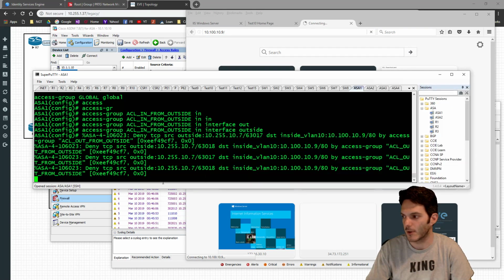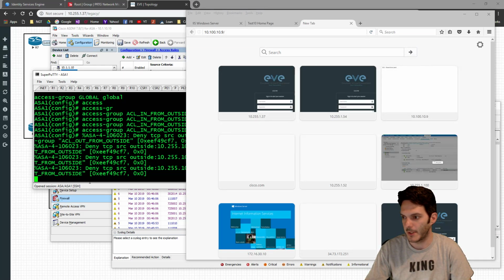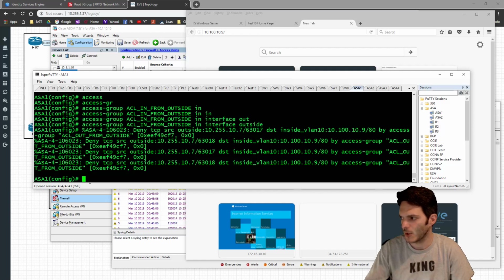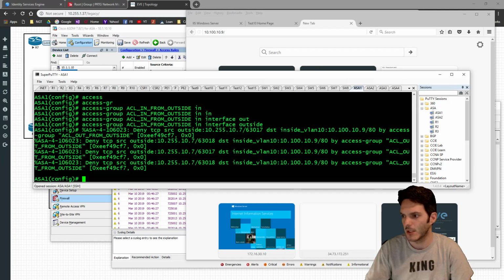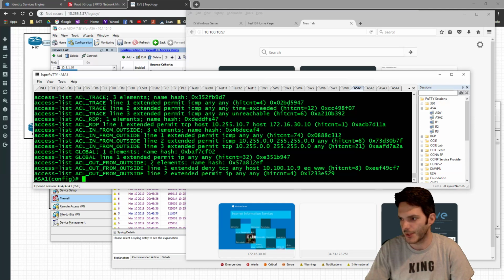And that gets denied from the outside ACL, the outbound ACL. But if we go ahead and we can't stop that, and we hit the enter key, the only one that got denied is by the outbound ACL. But if we look back here, we look at 32 on the global ACL, we do a show access list. It's still sitting at 32 from the global ACL. So it was the inbound ACL for